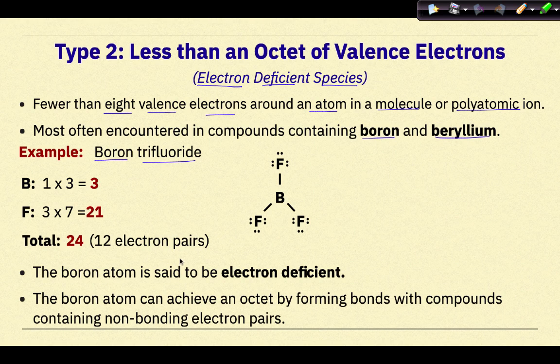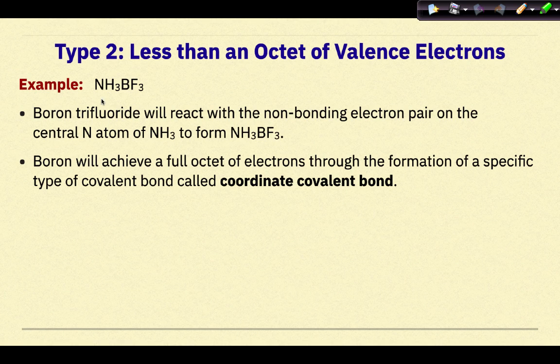Now, boron is absolutely fine this way. The boron atom is said to be electron deficient. The boron atom can achieve an octet by forming bonds with compounds containing non-bonding electron pairs. So BF3 is very, very stable, but it can get the octet if it wants to, if it's coupled to the right compound, which I'm now going to show you. So the example here is